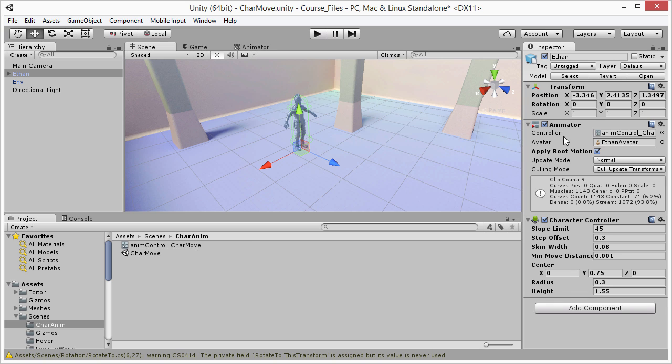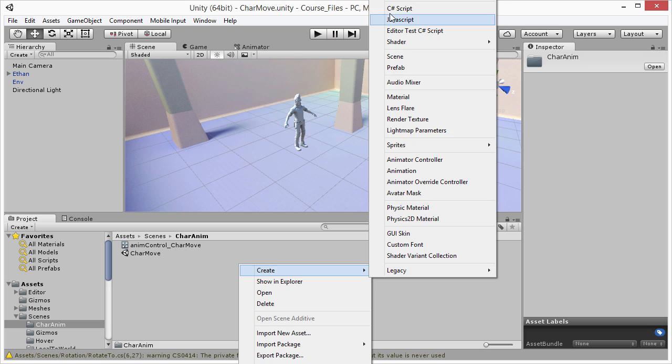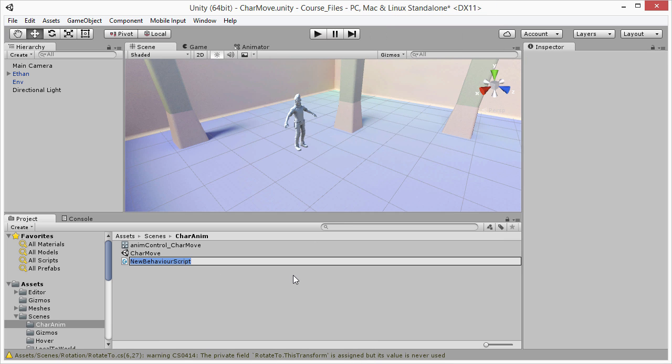This has been assigned to the controller field of the animator component when I select the Ethan character here in the scene. What I want to do is to now create a completely new script file. So I'm going to come down here to the project panel, right click and choose create, and then choose C# script from the context menu. I'm going to name this script CharController and press enter on the keyboard to create a completely new script